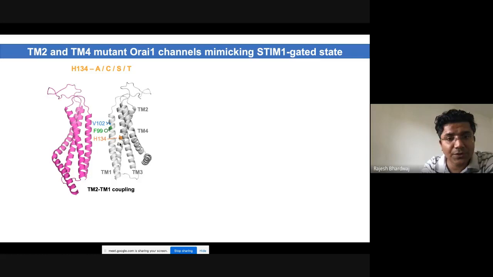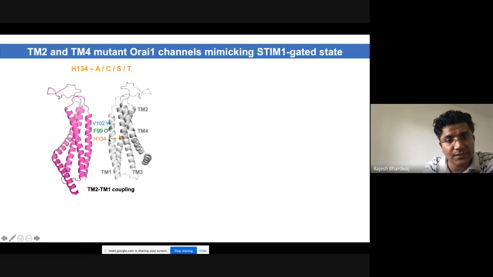So what was shown here is that if you have, in the transmembrane domain 2, this histidine 134 mutated to alanine or cysteine, serine, or threonine residues, the pore of the channel is open. And what you see here are critical residues, the pore lining residues V102 and F99, and it was suggested that this mutation of